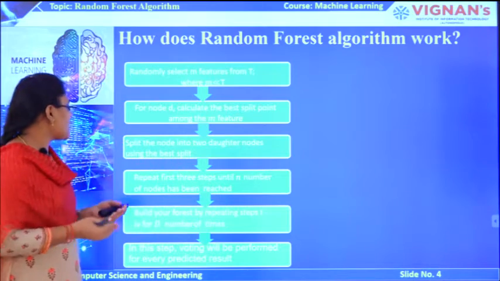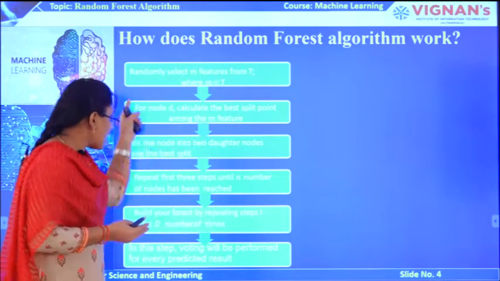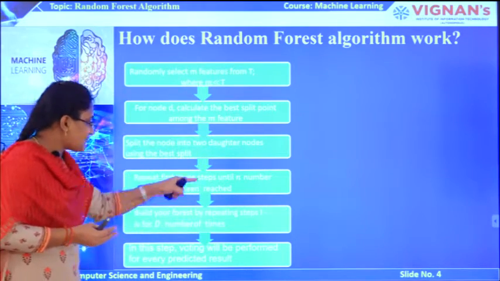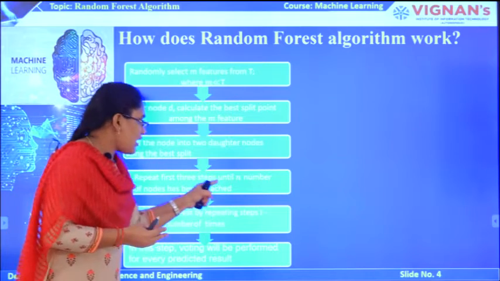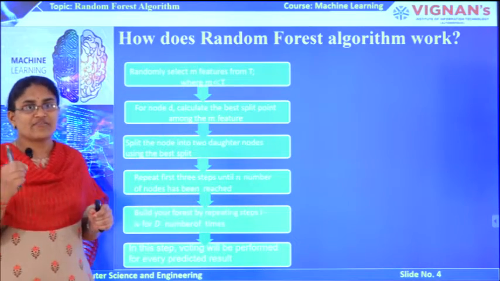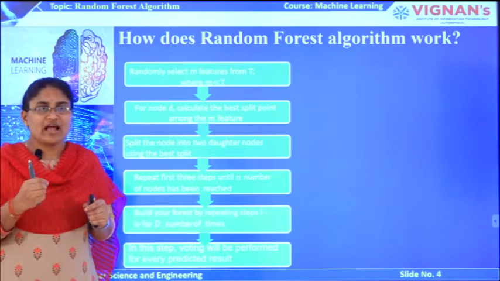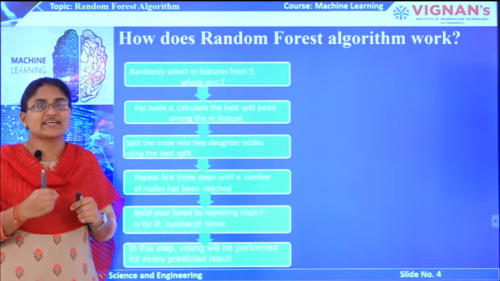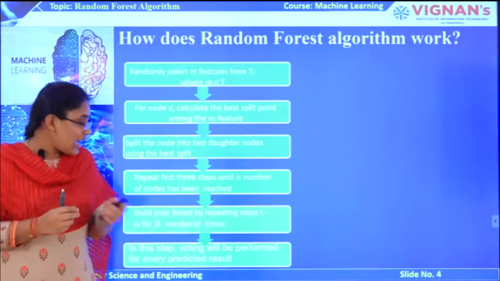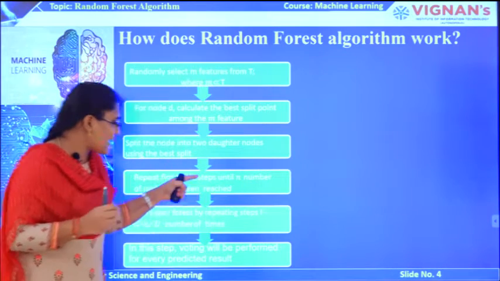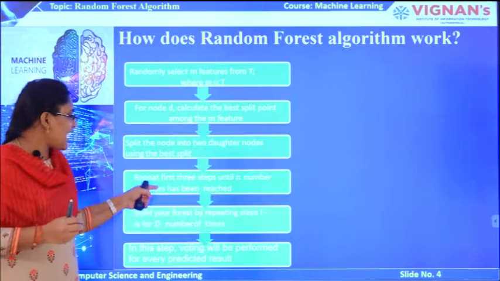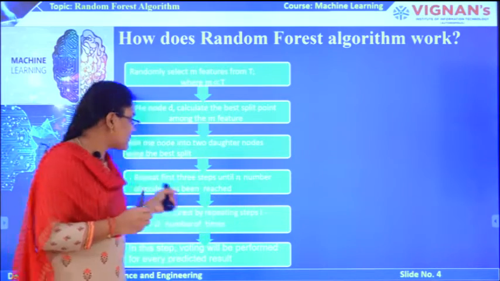After splitting the nodes, we have to repeat all these 3 steps until we get the leaf nodes of a tree, meaning the nodes which are not further divided. After getting one decision tree, we have to repeat all the 4 steps. Why?